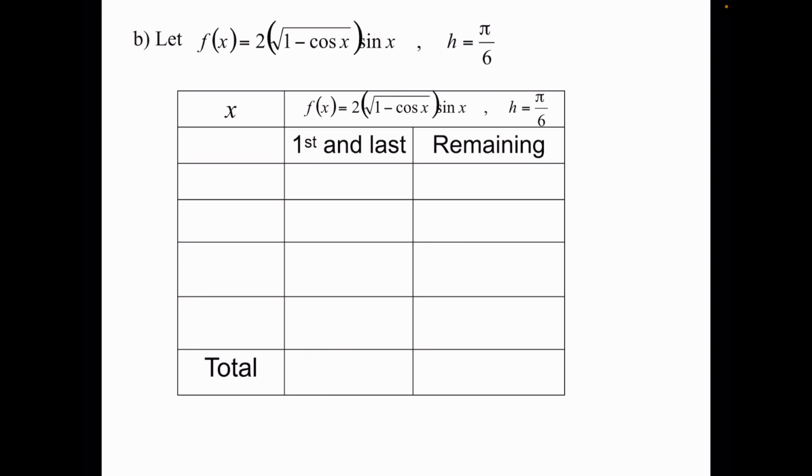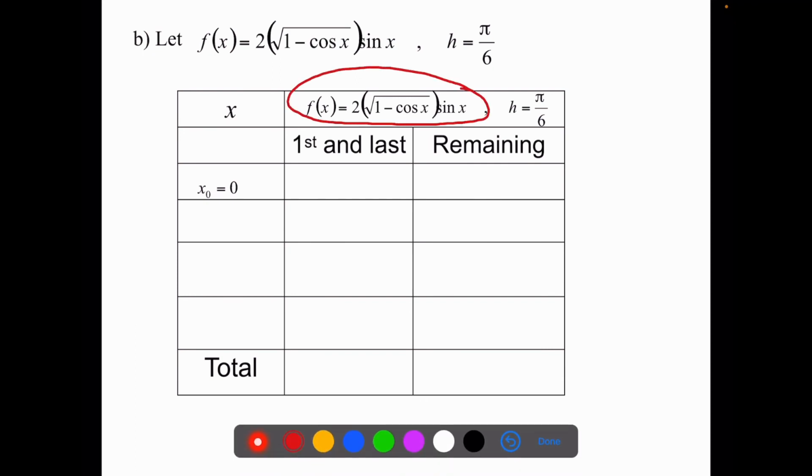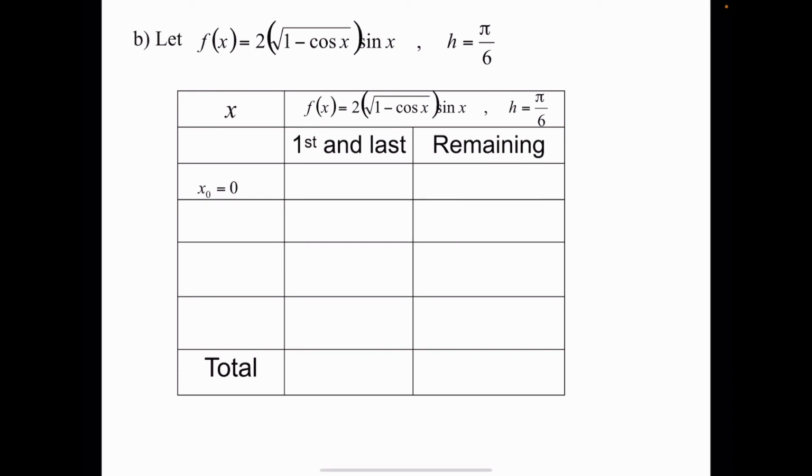Okay, so kita just set up table. Make sure ada column x, ada column untuk first and last, dan juga ada column untuk remaining. So kita punya a is 0, kan? Itu adalah kita punya lower limit 0. So when x equals 0, ganti ke dalam function ini. Make sure mode radian because ini adalah function trigo. So you akan dapat value y-nya adalah 0. Okay, next 0 plus pi over 6 akan dapat x yang berikutnya adalah pi over 6. So substitute pi over 6 into your f(x). Okay, and then fill in dekat column remaining, which is